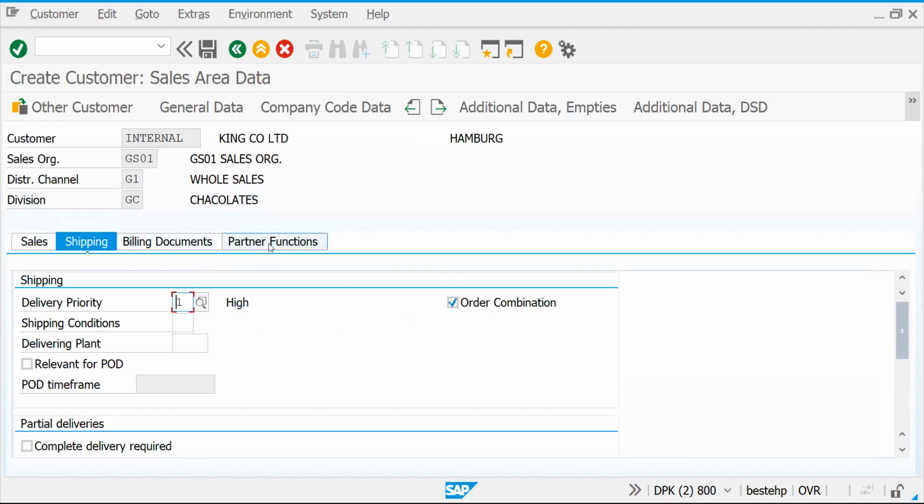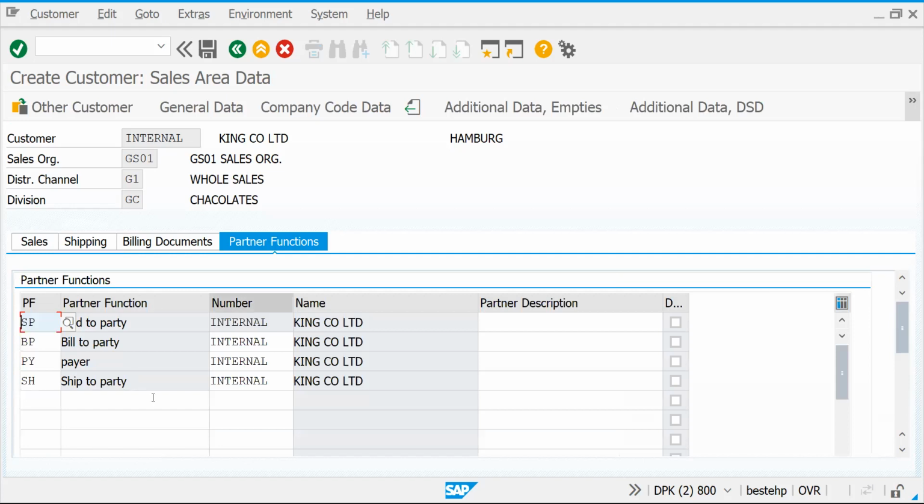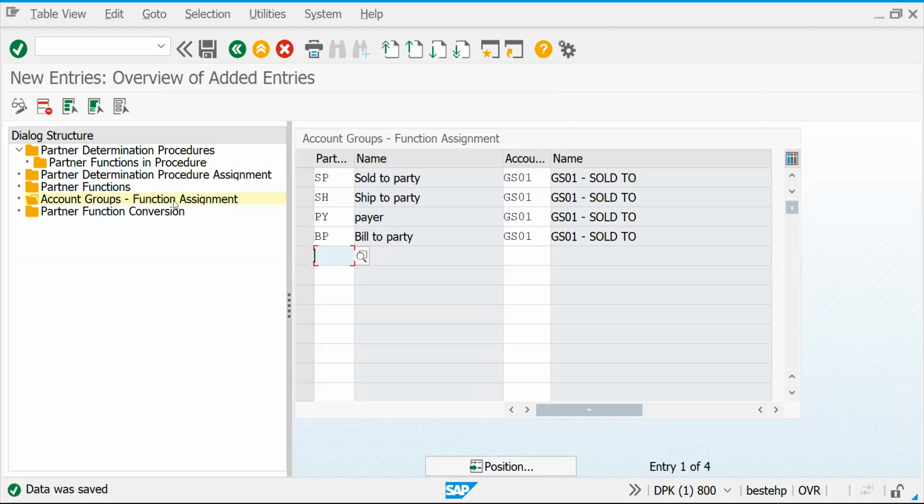Now let's go to the partner functions. Now if you see, all four are coming. So what is the setting for the functional assignment? You go to the configuration again to understand this. Account groups function assignment. If you are missing this, it will not allow you to pick the number range.